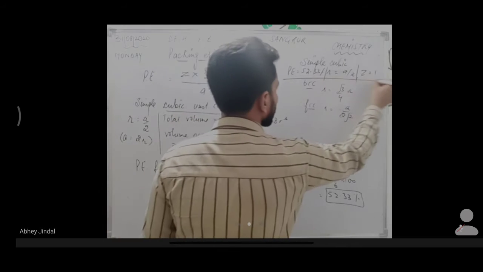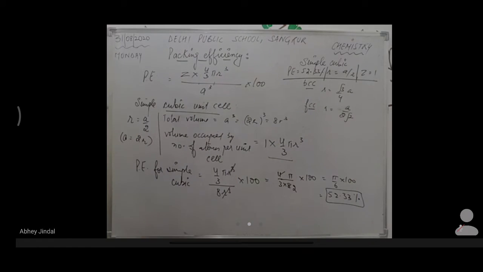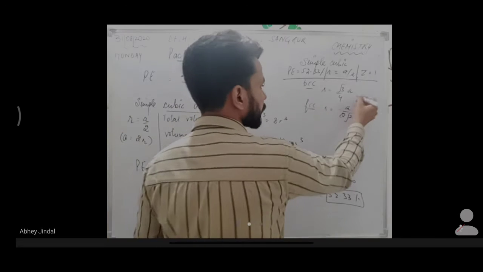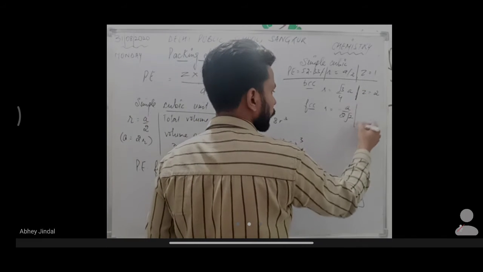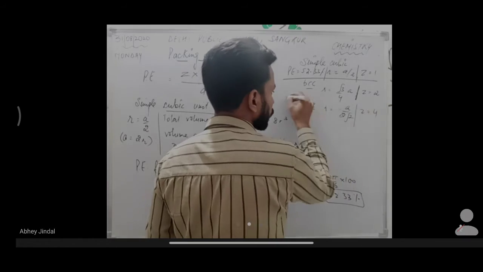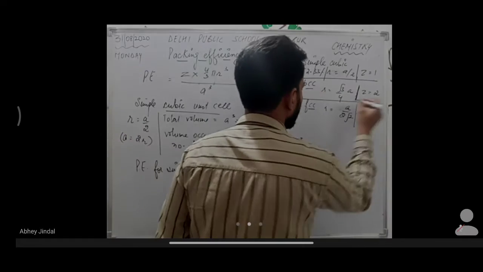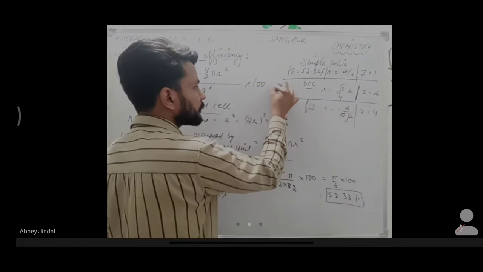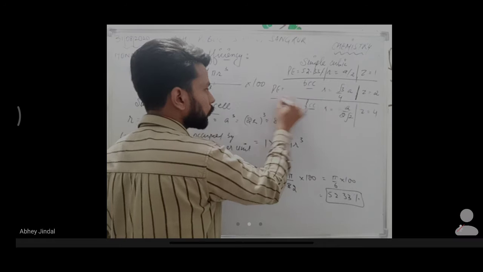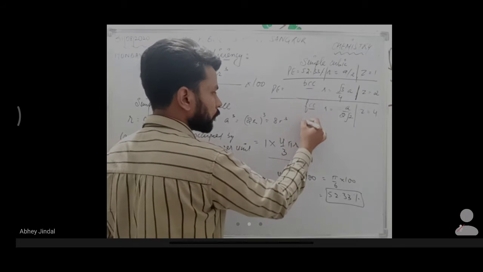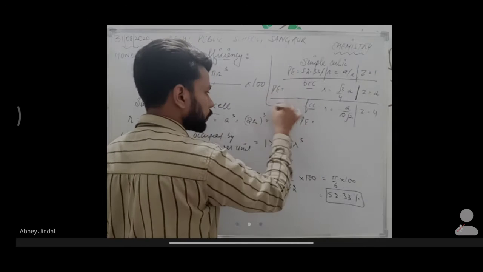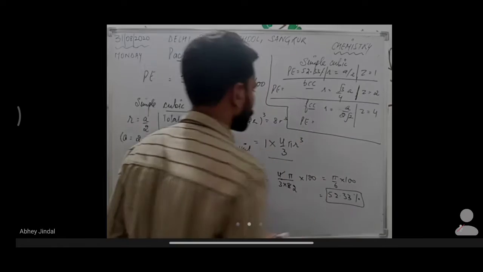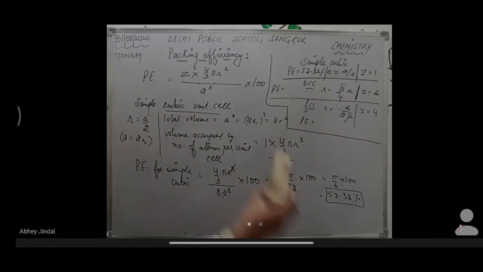So these are the three things that we have to keep in our mind for the numerical problems also, or for simple cubic crystal lattice. And for this, as we know, z is equal to 2, and for this, z is equal to 4. Okay, clear? Now for packing efficiency of BCC, we will find it now. And for FCC also, the packing efficiency comes out to be something else. So what will that be? We're going to discuss it now.